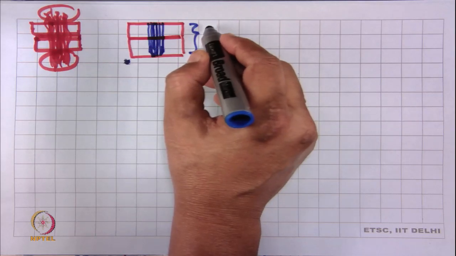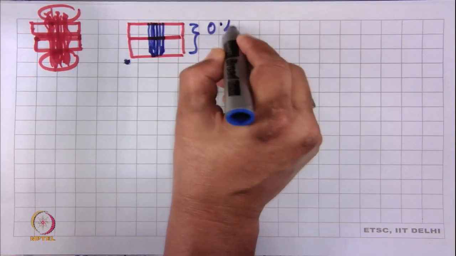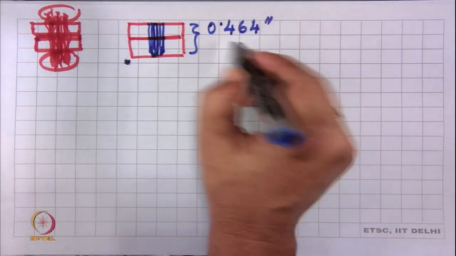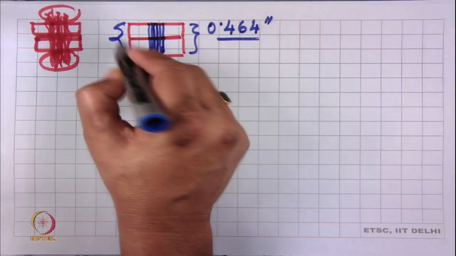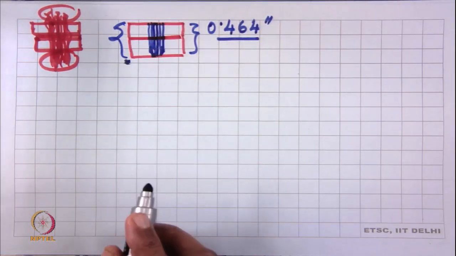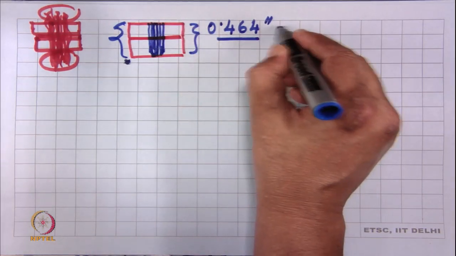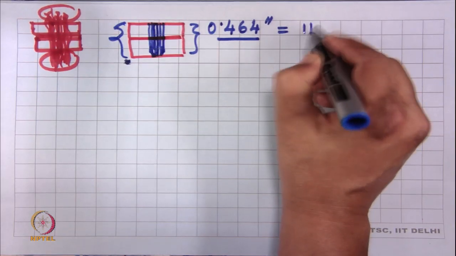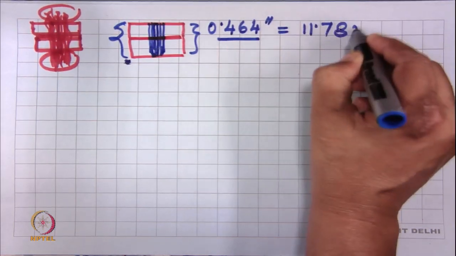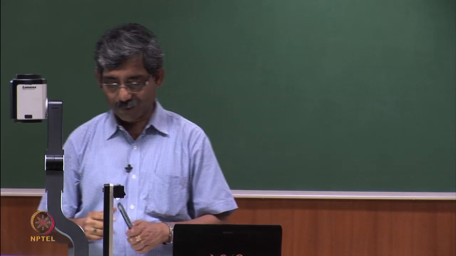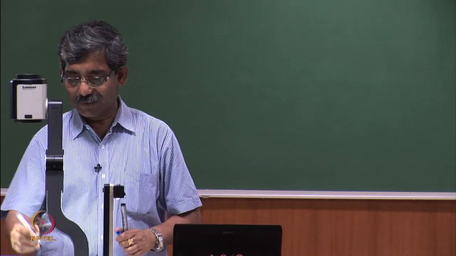The length of the fiber bundle is 0.464 inch, which is fixed, because the jaw is fixed for the Pressley tester. So, this ensures the length which is equal to 11.78 millimeter. This is, at 0 gauge length, the length of the fiber bundle. Okay. Now, after breakage,